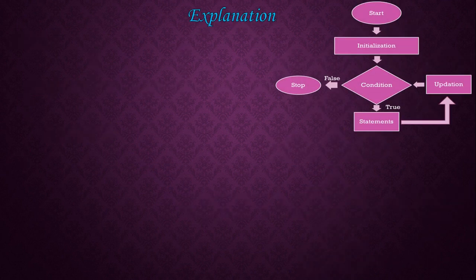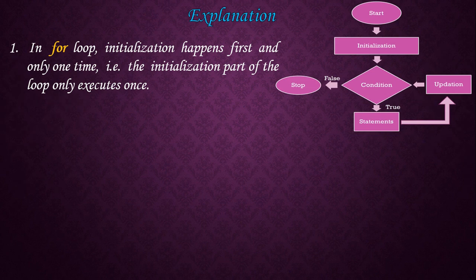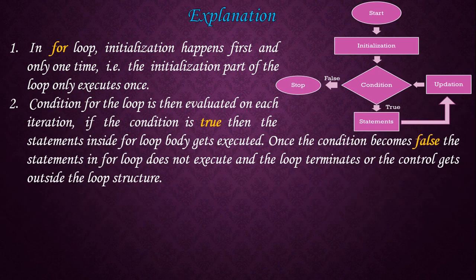So let us go to the explanation. First the program begins and the first step is initialization. So in initialization, basically the loop variable is given an initial value. The initialization step is executed only once. Next, the condition is evaluated. If the condition gives a true value, then the statements inside the loop body will get executed, or if the condition is returning a false value, then the control will come out of the looping structure or the loop